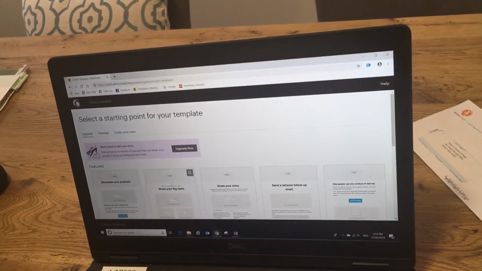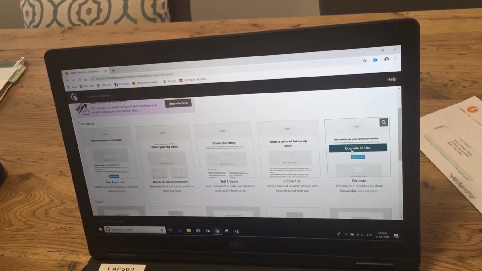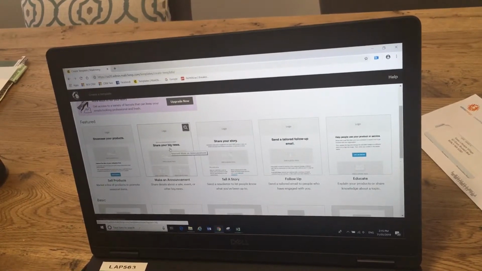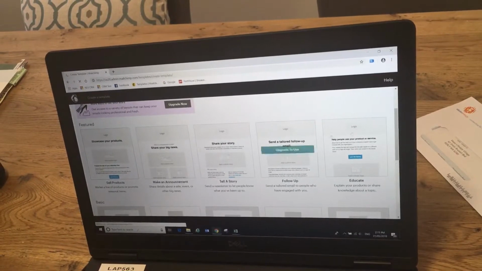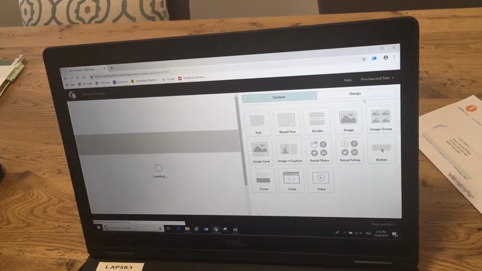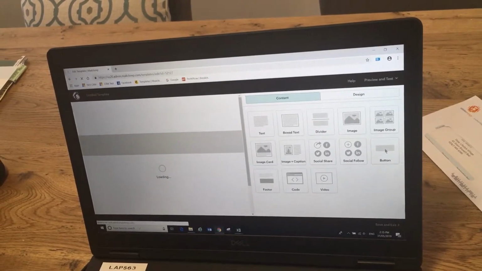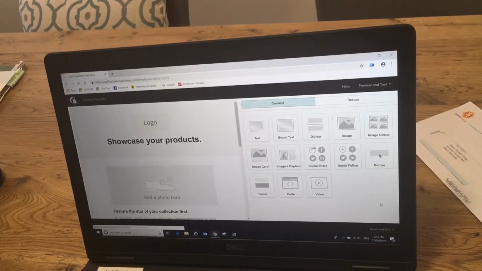template here. So if we have a look here, some of these will actually cost you money, upgrade to use, but the simple ones like these here, we're going to use this one, very simple to use and also free to use. And that's your basic screen right there. So I'll wait for that to load up, and we're going to do a very, very simple